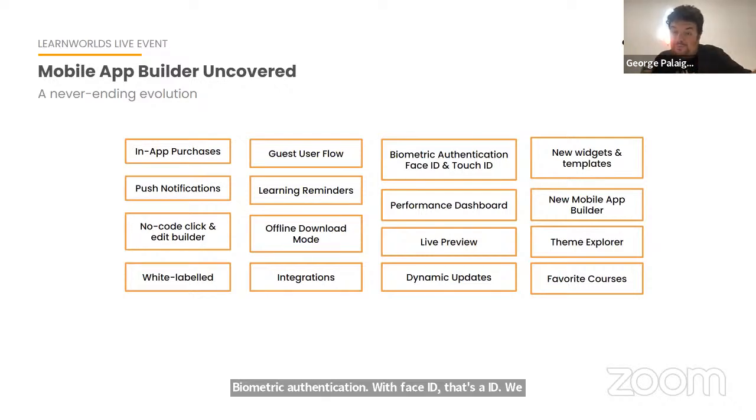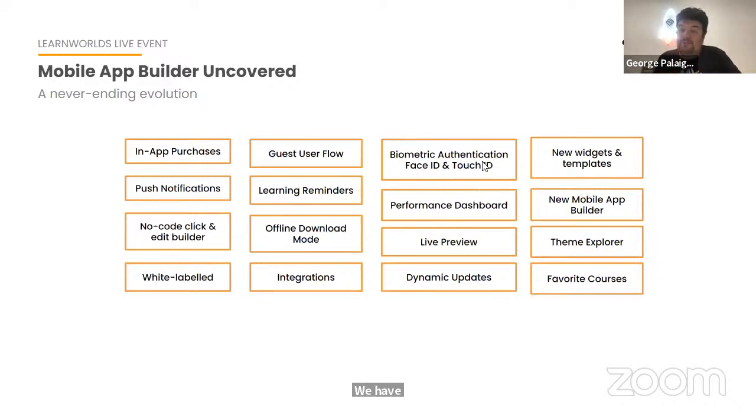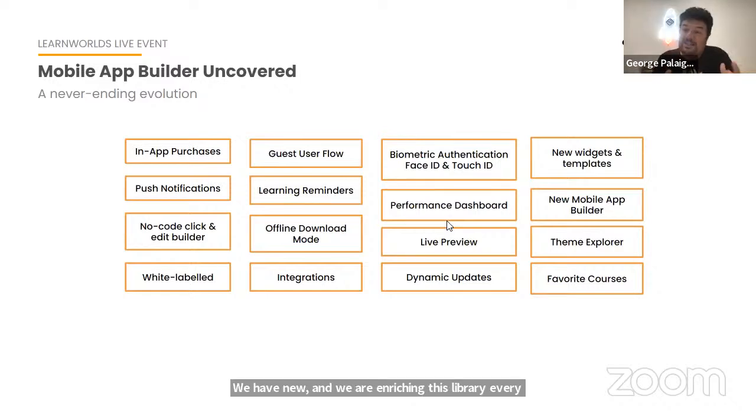We have analytics for our mobile. We have this live preview where you are saving something and you can see it immediately in the browser without having to push things, to send things, to release things. You can see exactly what you are creating. We have new widgets and we are enriching this library every week. We have a fantastic theme explorer in which we could play for hours and see how impactful the changes in the colors, the font sizes, and everything are, and see how free and empowered you are to design your app.